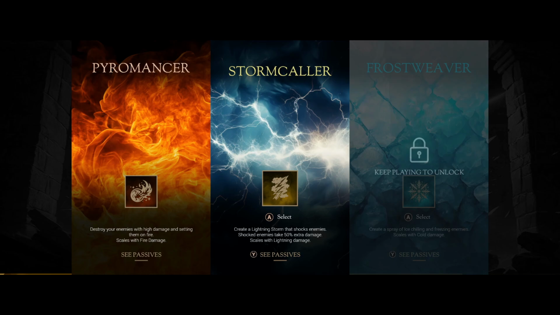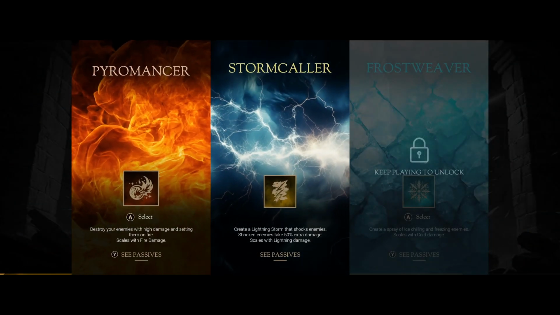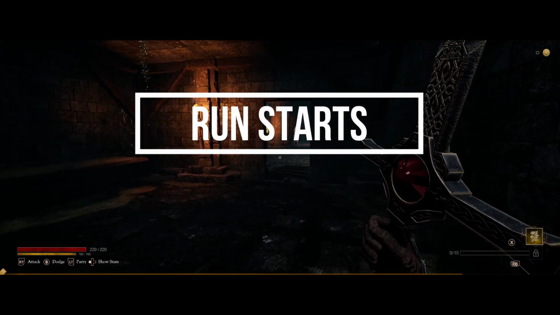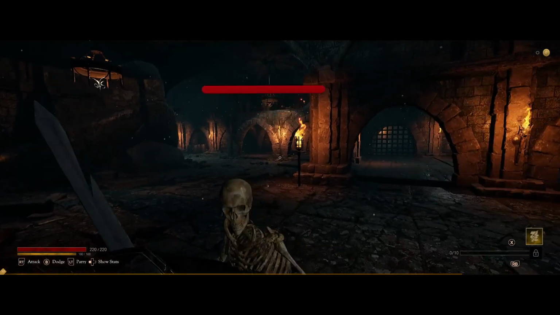Create a lightning storm that shocks enemies. Shocked enemies take 50% more damage, scales with lightning damage, which we do have some points in. Alright, and now we have cloud radius can be increased, shock weakness, evasive bolt, dodging has a chance to create a lightning storm close to the enemy, charged assault, and rapid tempest. Okay, I believe these are all things where you will start with the default one and you have to unlock those ones. So, basic gameplay of this,